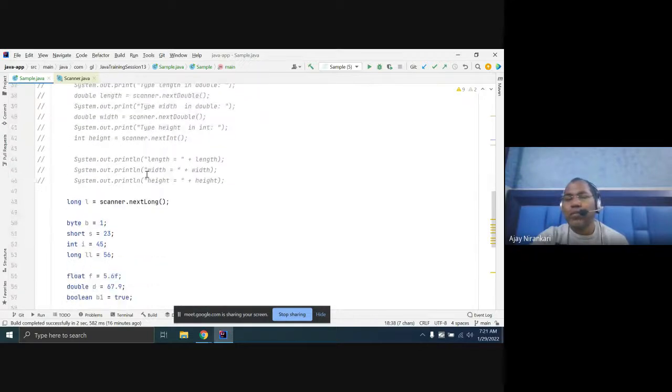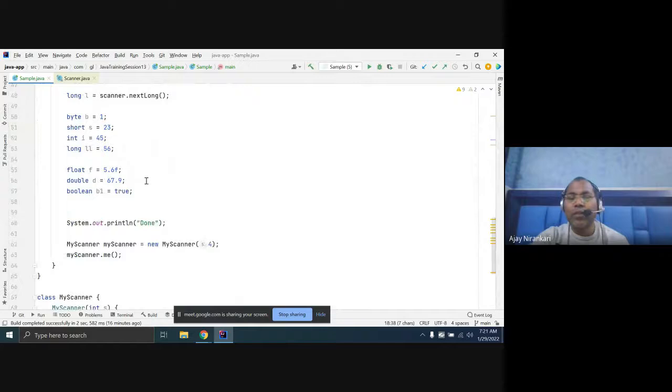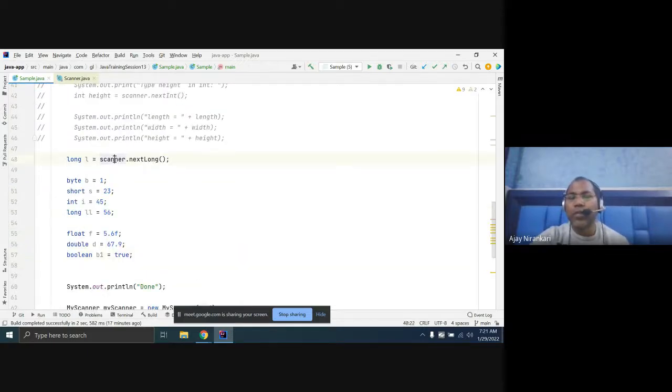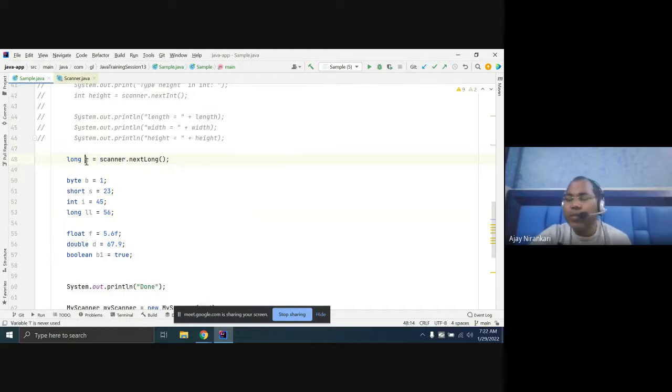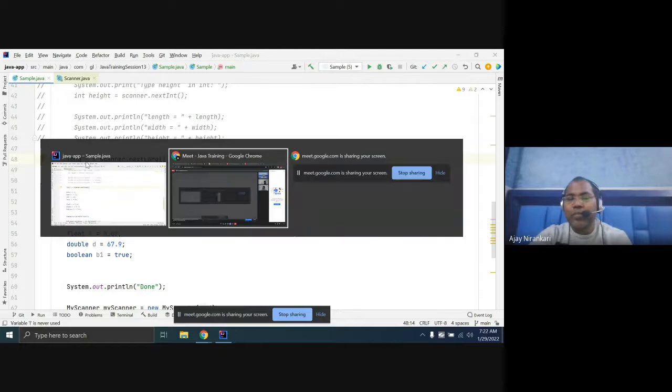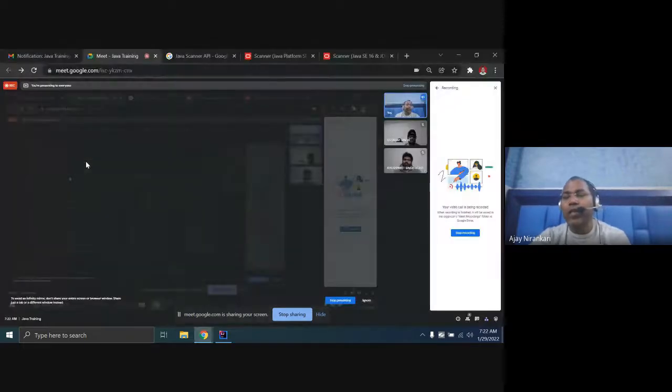No one says you have to learn all the syntax and semantics. Whenever you need, you can just go to the Java Doc API and read what this nextLong method does, read the definition, and accordingly play your role. So let's do it, and surely whatever you want, just try it, and if there is still some doubt or confusion, we can discuss.